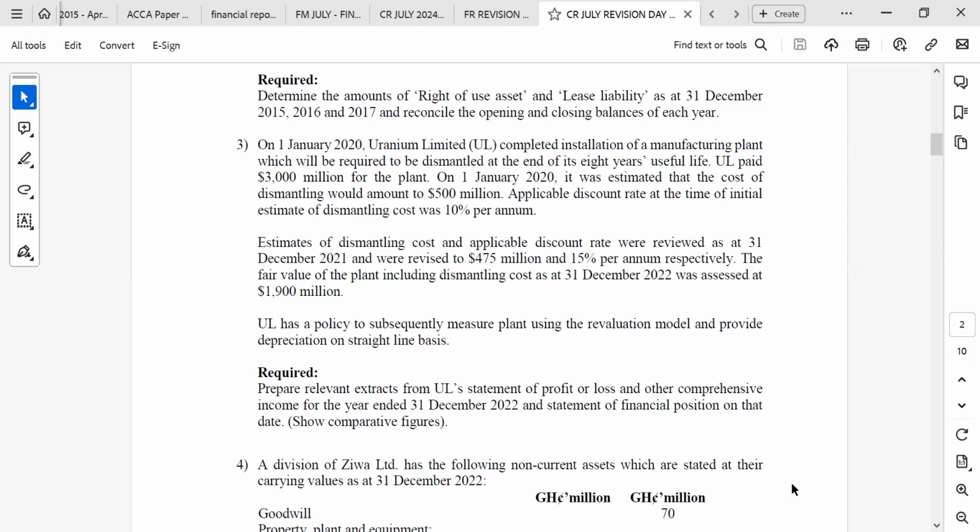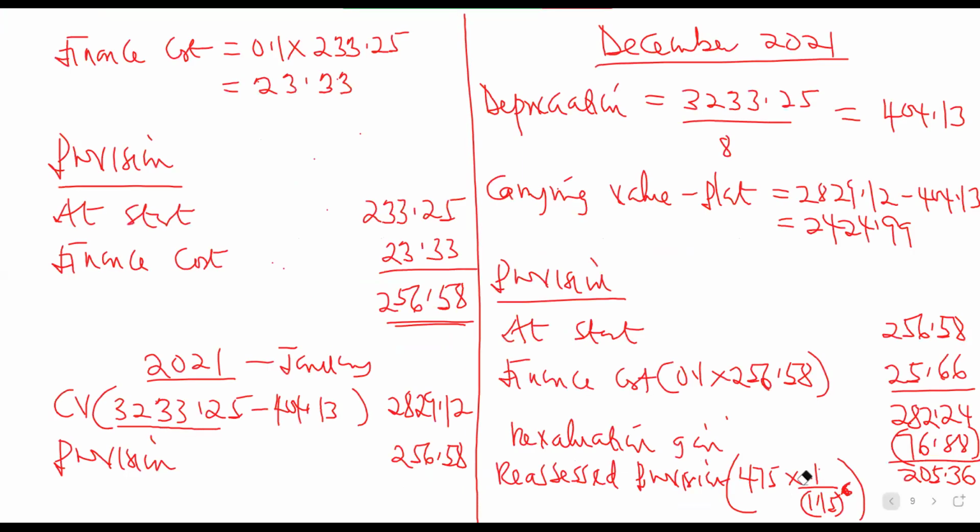1900 million. So it means that the asset has been revalued. The asset has been revalued on 31 December 2022. So let's count to 31 December 2022. We need to find the carrying value of the asset. Then we compare with the what? With the revalued amount. The carrying value of the asset will be